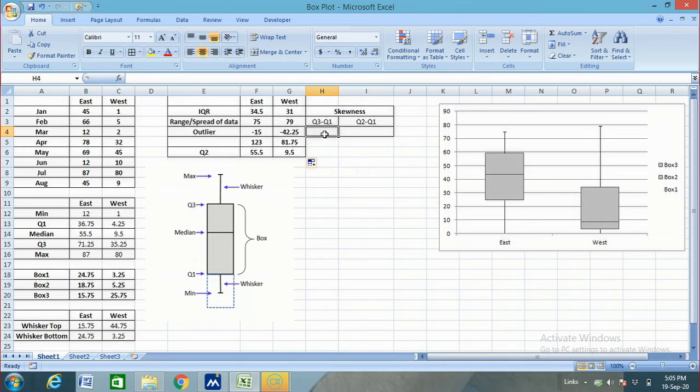Okay, so now we will calculate whether our data is negatively skewed, positively skewed, or a normal distribution. To find out the skewness of our data, we first need to calculate the formulas Q3 minus Q2 and Q2 minus Q1. So to apply this formula, I will type here Q3, this one, minus Q2, sorry. Okay, this one, then this is the value of Q2 minus Q1. Here you can see that Q3 minus Q2 is less than Q2 minus Q1. Okay, so our data is negatively skewed.